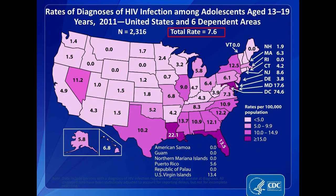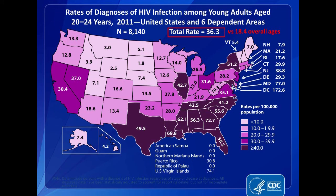If we look specifically at adolescents, now unfortunately, it's really embarrassing, I'm not an epidemiologist, but this is now 2011 data for kids because they haven't released it stratified for young adults yet. But you can see much lower for the 13 to 19-year-old age group, from 18 down to 7.6. But if you look at the 20 to 24-year-olds, it's 36.3, so basically twice the overall rate in the young adults. And 20 to 24-year-olds, that is our clinic. Basically, young gay men that are coming to San Francisco are